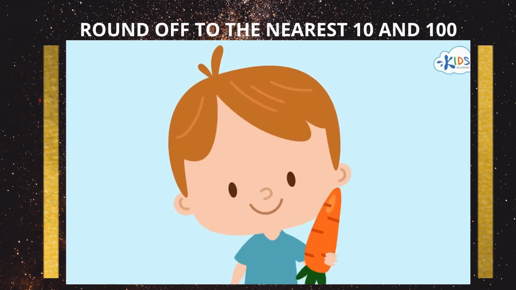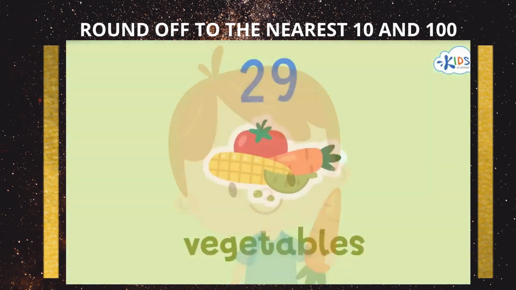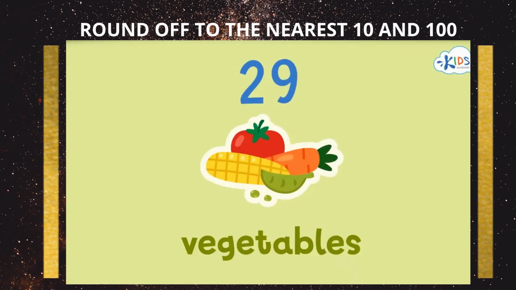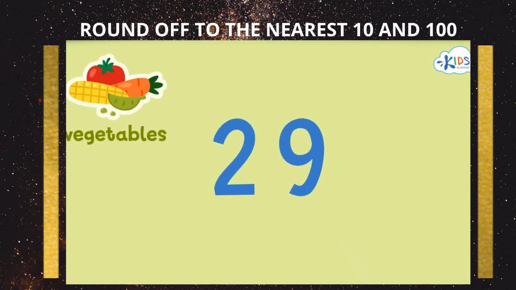Next, we'll round the vegetables eaten this week. According to the data, 29 vegetables were eaten this week by kids. Man, these kids need to eat more veggies. Now, let's round this number to the nearest 10. We'll use the strategy of underlining the tens place and drawing an arrow to the ones place so we know what numbers we have to look